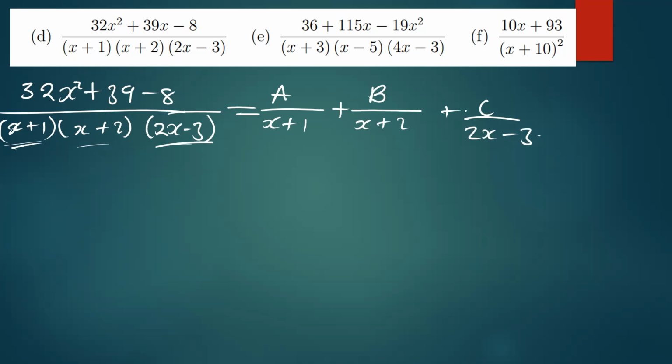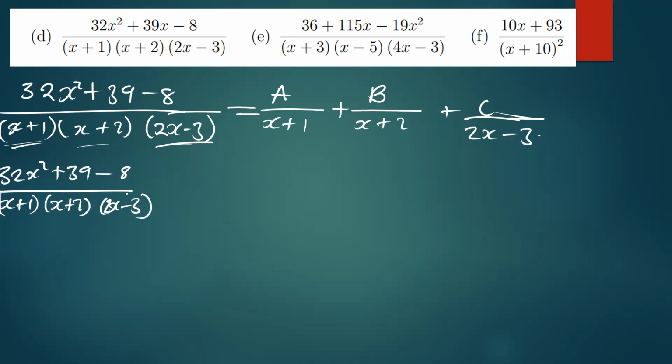So after writing this, we can now start simplifying. So first of all, we find the common denominator. So the common denominator, this side first, let me copy the way it is. So we have 32x squared plus 39x, minus 8. So we have minus 8 there. And then everything divided by x plus 1, x plus 2, and then we have 2x minus 3 in brackets. So we say this is going to be equal to,